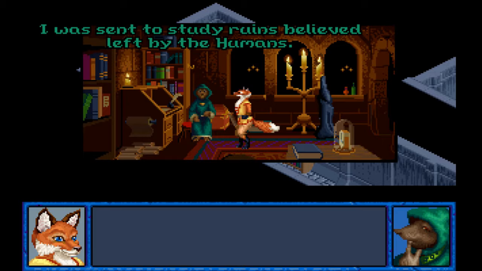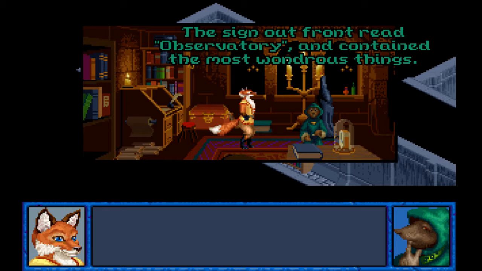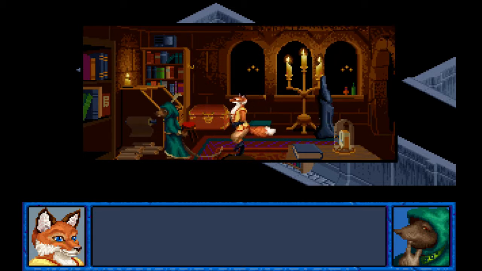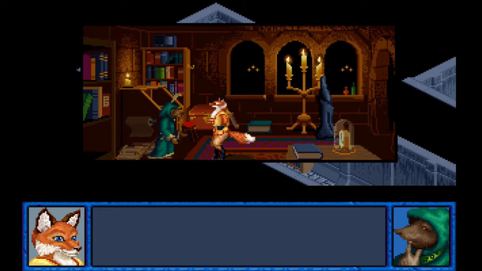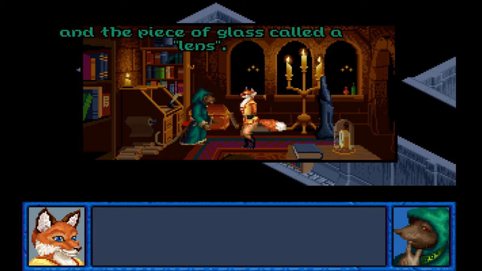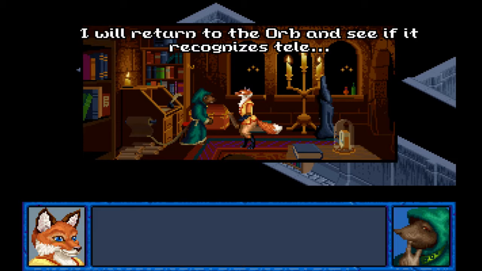I was sent to study ruins believed left by the humans. The sign out front read observatory and contained the most wondrous things. One of them was a huge round tube with glass of differing thickness throughout it. Was it a light catcher? Not exactly. From what I understood, it was more of a light bender. But it made the stars seem close enough to touch. Ah, I remember. It was called a telescope, and the piece of glass called a lens. I will return to the orb and see if it recognizes